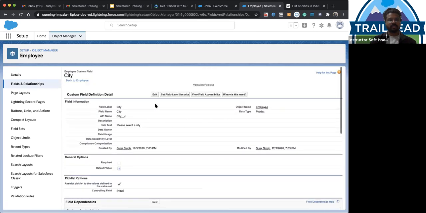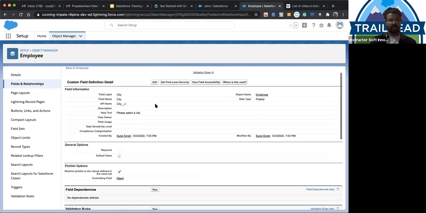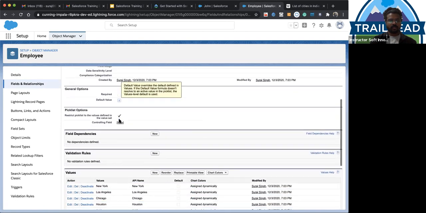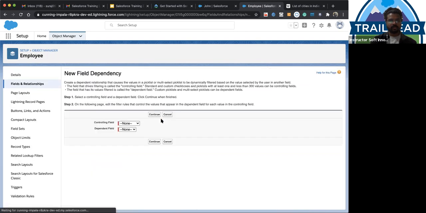Let's create a dependent pick list. For this, you can see there is a field dependency section here. You just have to click on new. For the controlling field, whose value the other depends on, select state, and the dependent field is city.